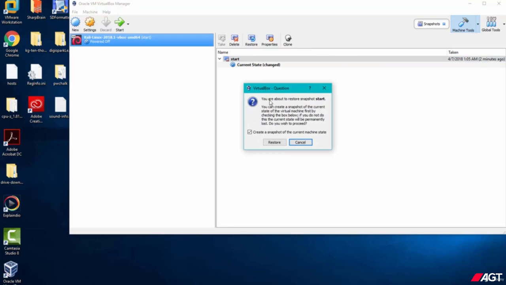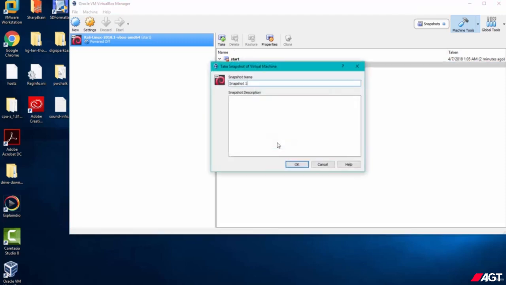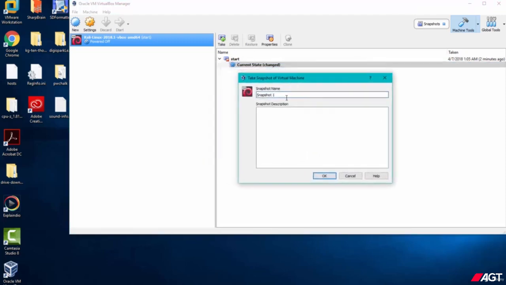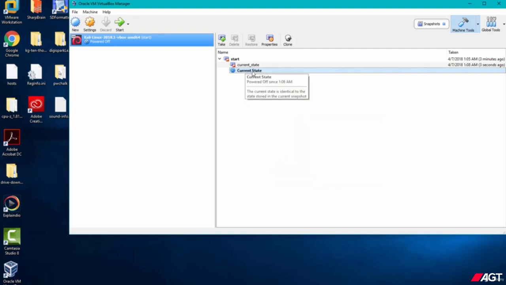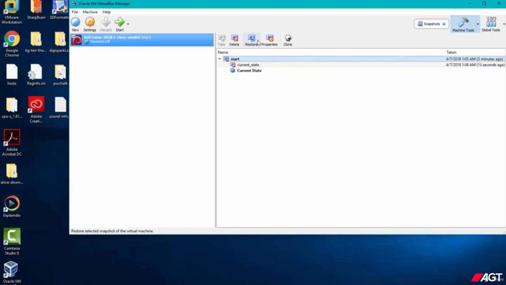It's asking us, are you about to restore your snapshot? Let's click restore, and it's giving us the option to create another snapshot of our current state. So let's call it current state and click OK. So we have just created another snapshot of our current state, and we have another snapshot from before creating the test file. So let's click on restore,